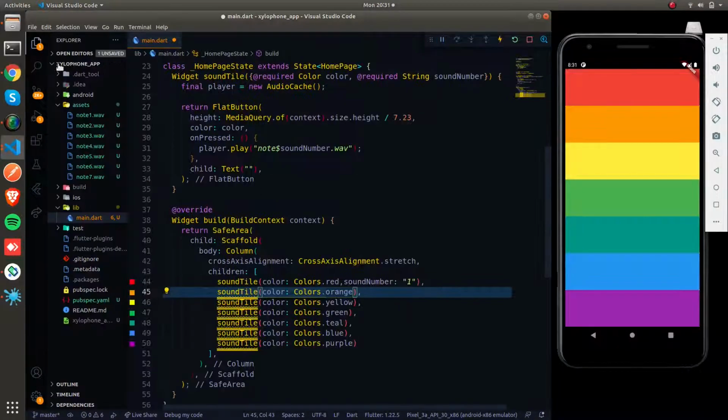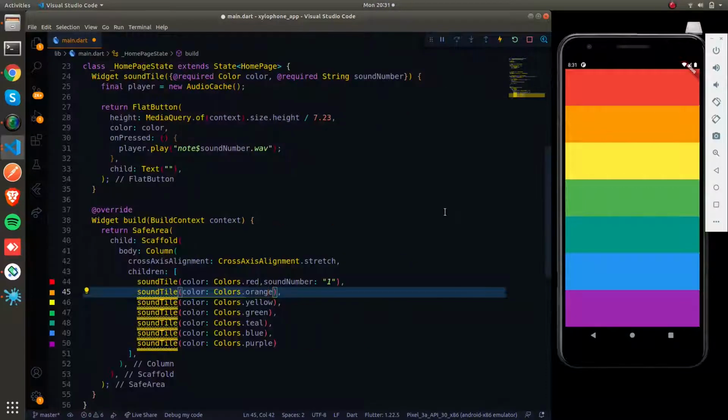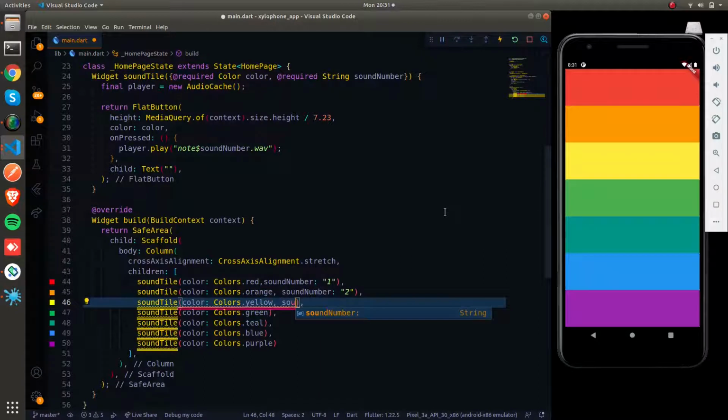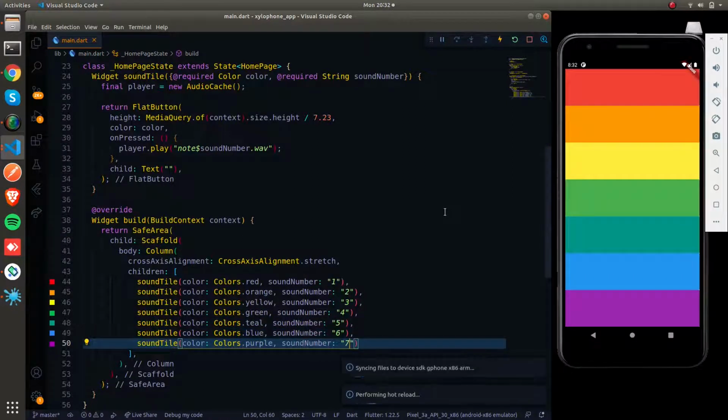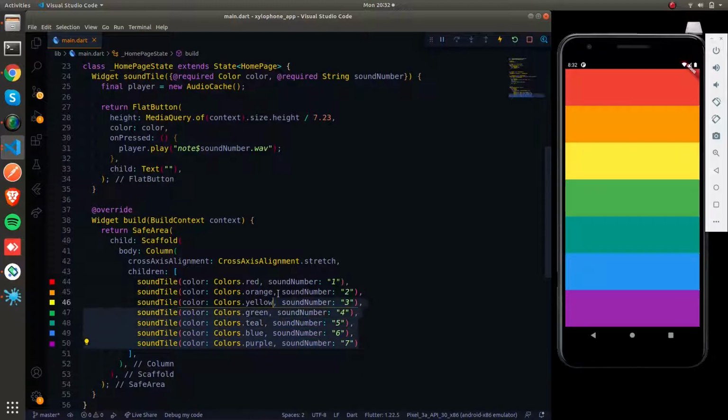So as you can see, we are having this note 1, note 2, note 3. So that's why we are going to pass this 1, 2, 3, 4, 5, 6, 7 as the variable parameter to the function. So that's what I'm doing now. So I've changed it.